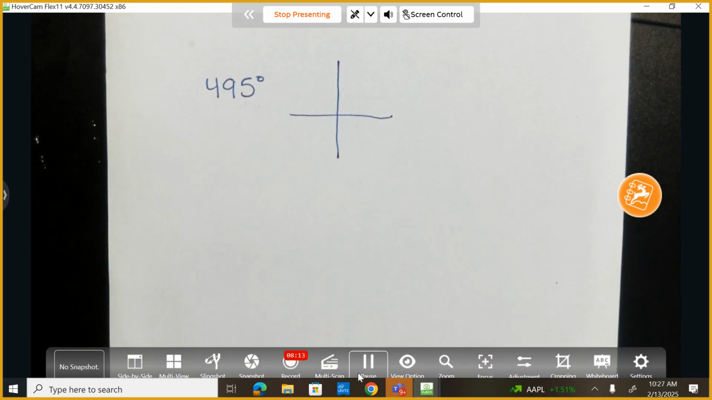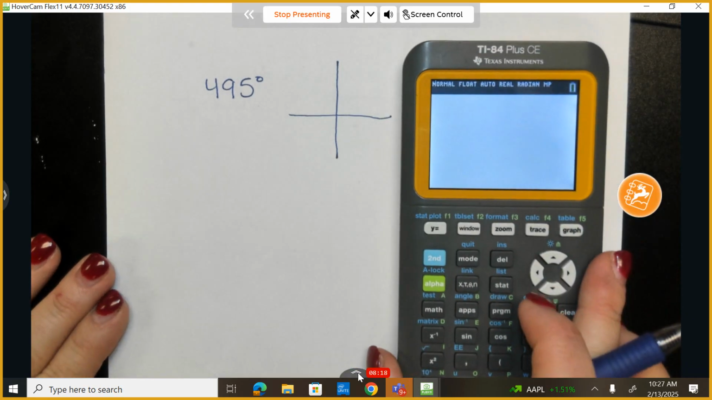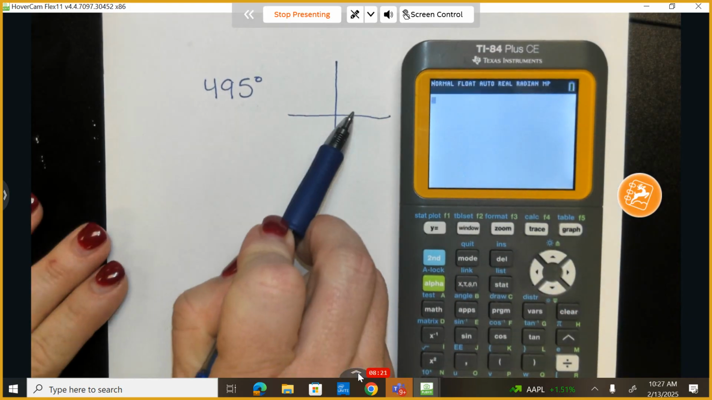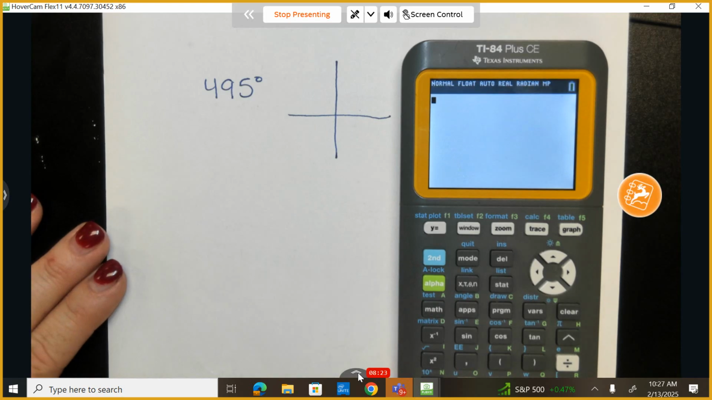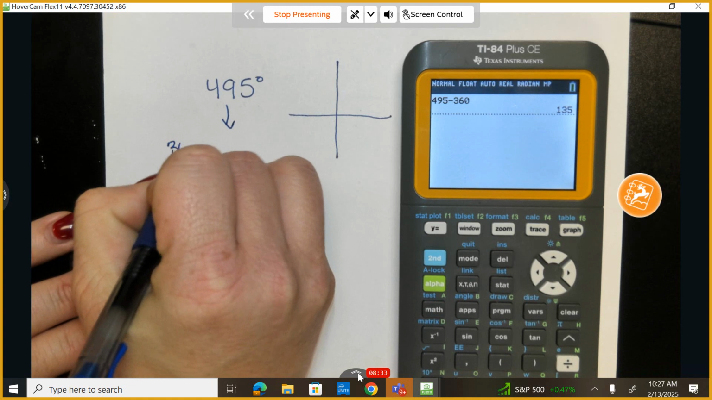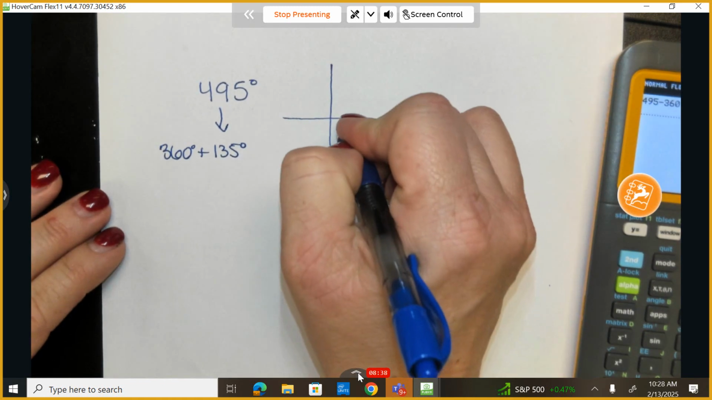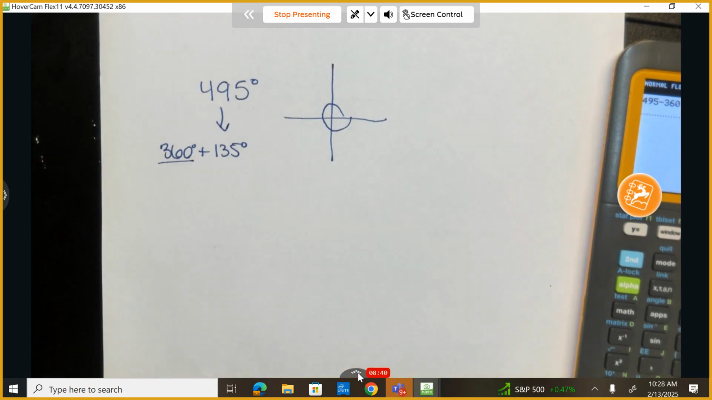Looking at example 5 together. Example 5. Notice that 495 is above 360. It means I'm going to do more than one revolution. So I'm going to start by taking 495 and subtracting 360, which is one revolution. Okay, so this breaks up into 360, please write this down, plus 135. So I'm going to go one time around, that's 360, and now I need to find 135. If you need to look at your unit circle, feel free to do that if that seems to help you. But I know 135